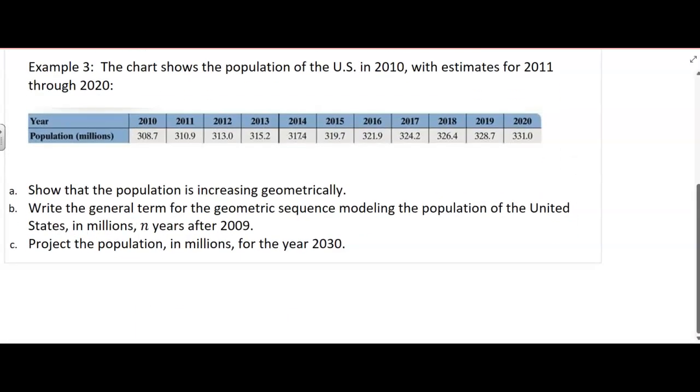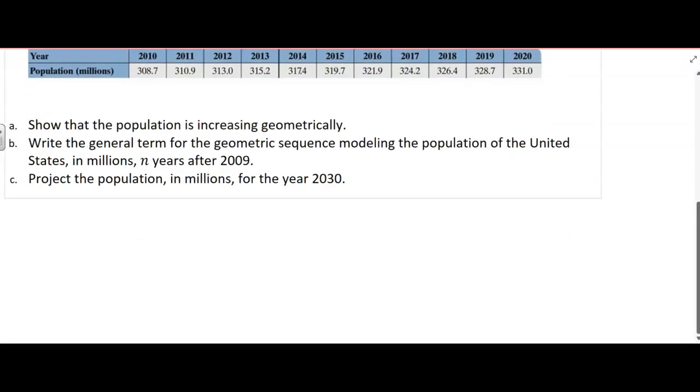So we have a chart here that shows the population of the US in 2010, and then it estimates from 2011 to 2020. These are estimates of the population. Okay, so how do you know if it's a geometric sequence? Maybe it's arithmetic or some other type of sequence. Well, the way to do that is to check the ratios to see if there's a common ratio. So take two consecutive numbers,